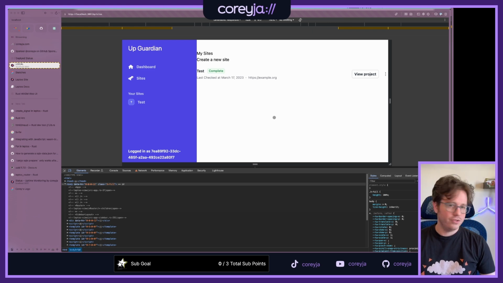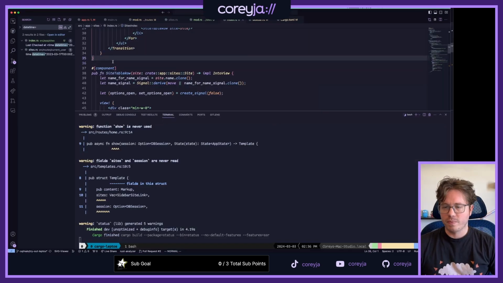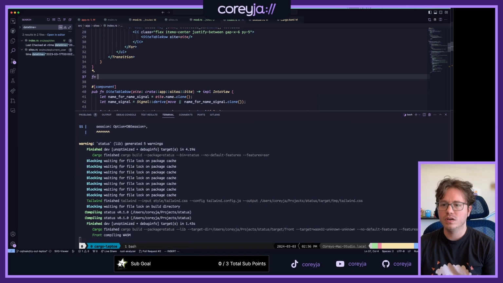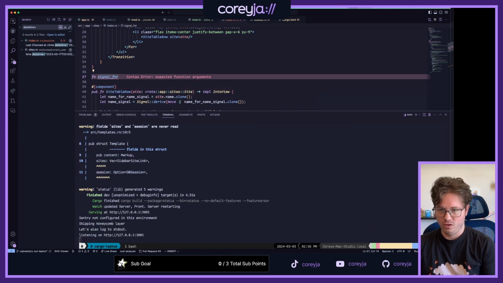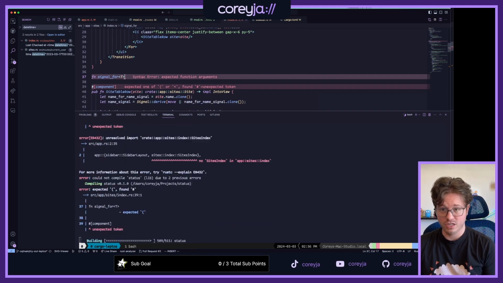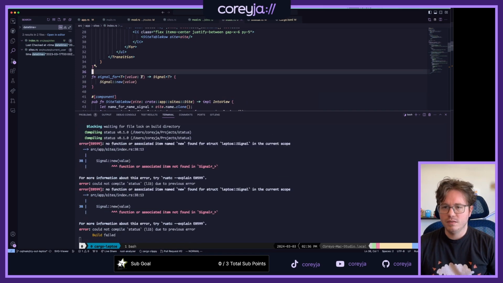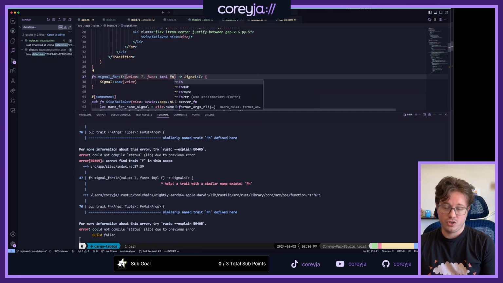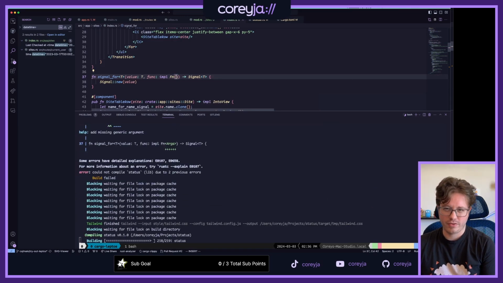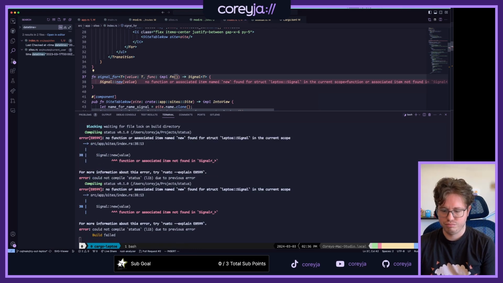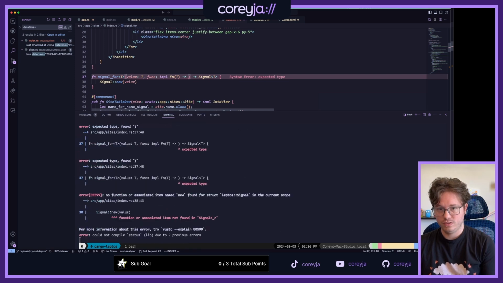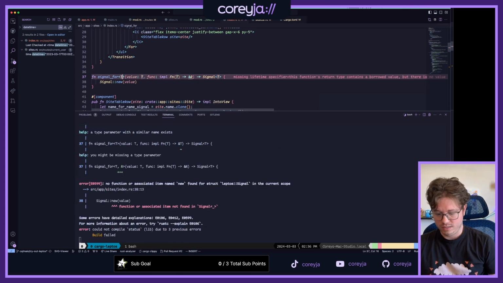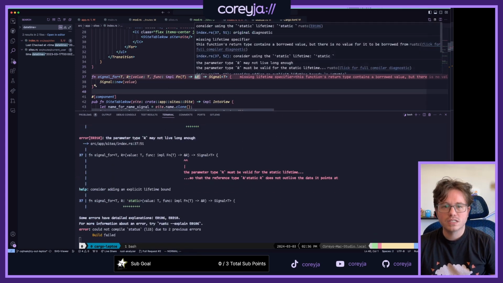I wonder if I can wrap that up in something a little nicer, because it feels like I should be able to. So I should be able to do signal for a T. Okay, and then the function is an impl function where it takes a T and returns a reference to an R. R is missing a lifetime specifier.